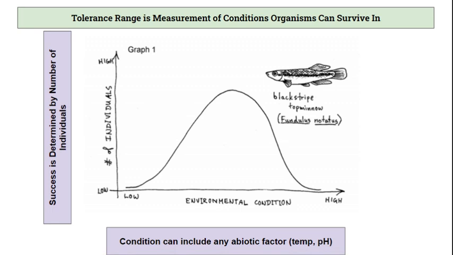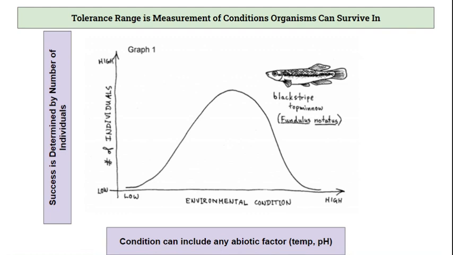So just a reminder, we talked about this extensively in Unit 2, but when we talk about biodiversity and organisms surviving changes to their climate, tolerance range is something that's going to be very important. So your tolerance range is going to be a measurement of the conditions in which a population, an individual organism, or a species as a whole can survive in without being pushed to extinction. So remember, we have those optimal zones, those zones of stress, and the zones of intolerance. If you need a recap on any of those, highly recommend you go back to Unit 2 and rewatch the